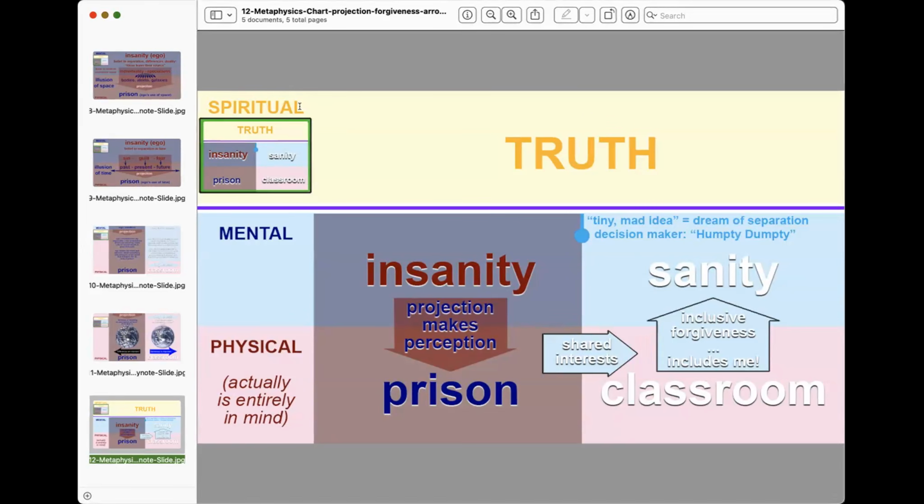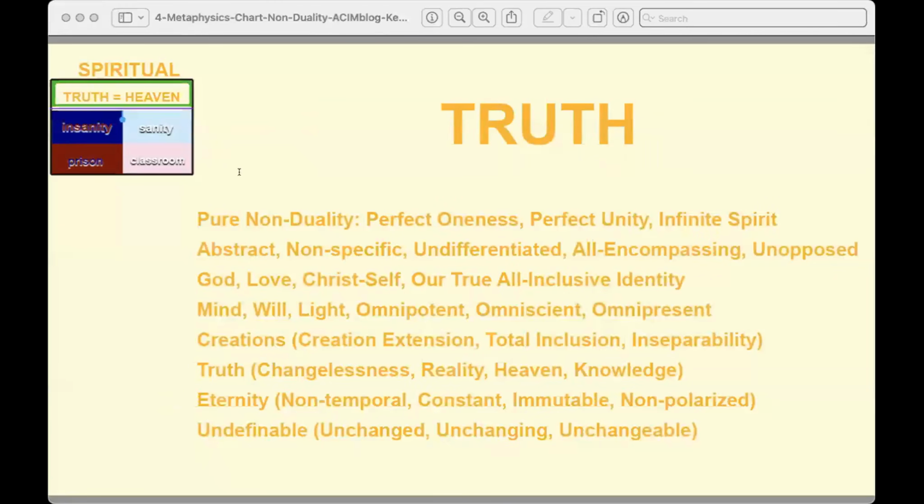And wait a minute, did I do the truth one? Let me find one I think I missed maybe. Here we go. Yeah, this is one. This is really kind of beyond the scope of, did I already do this? Does this look familiar? No?